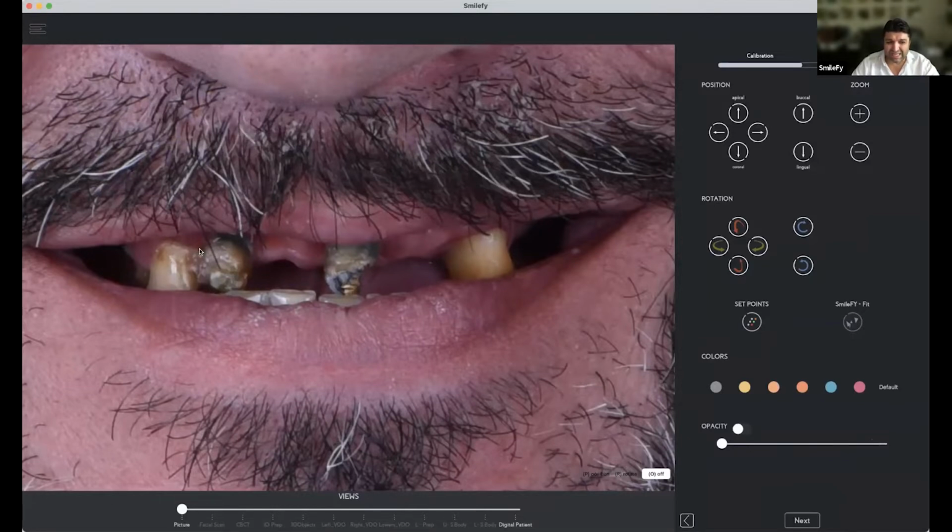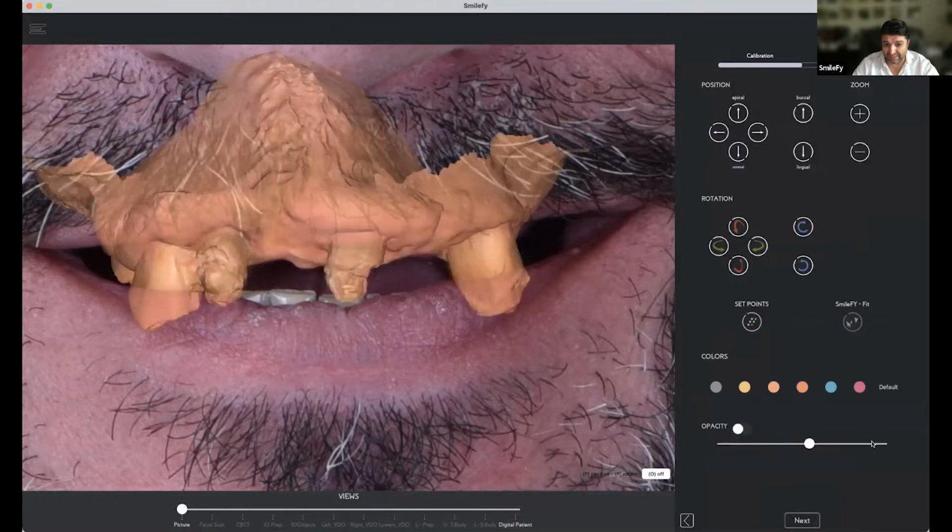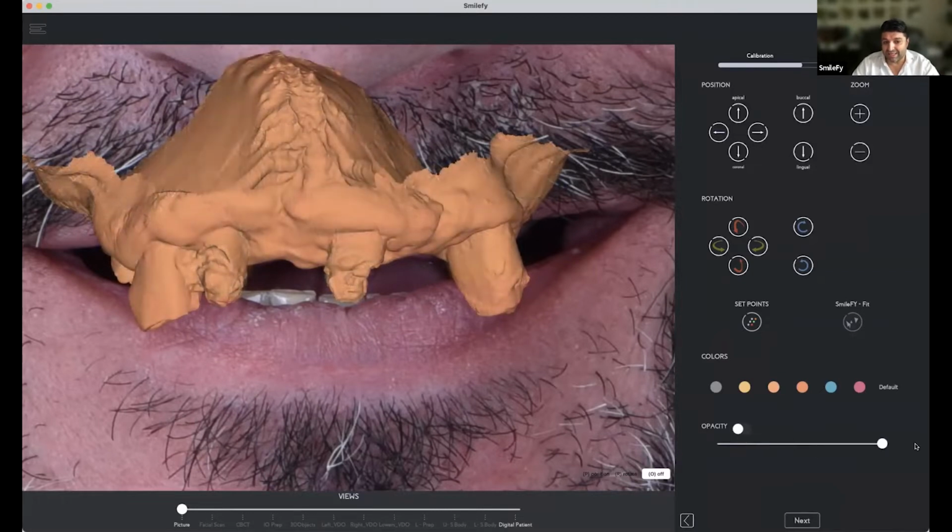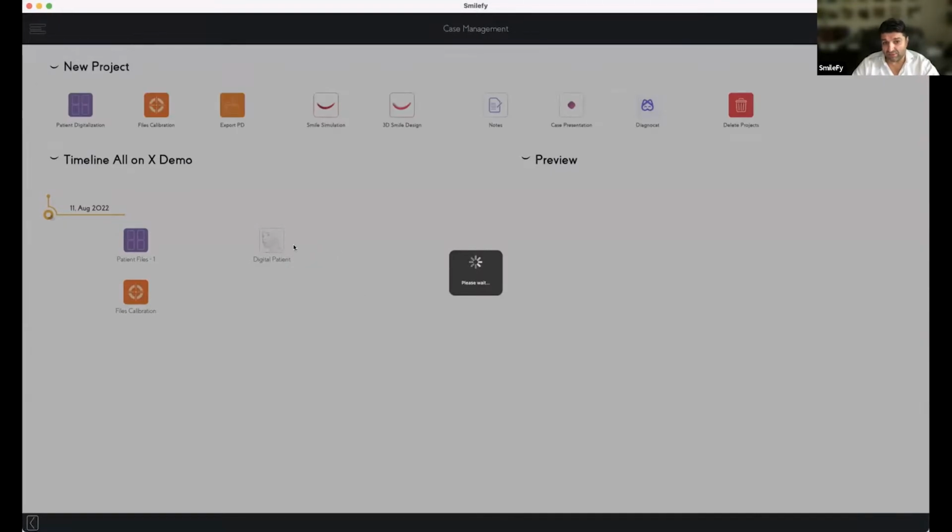In that case, I tried to find some landmarks even in the gingiva, and to set the same points on the intraoral scan so that we can superimpose all this in a way that is somehow working. So the calibration is done, and we now have the digital patient.